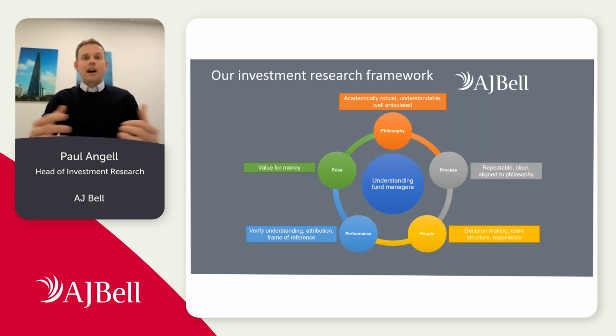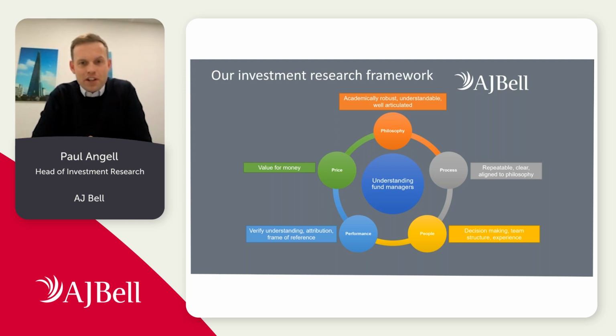So in this next slide, I've listed how we at AJ Bell try to take on the task of choosing which are the fund managers to go for. So we have 5 Ps. It's a relatively common framework of understanding fund managers, and these are philosophy, process, people, performance, and price. So firstly, we think, what is the manager's philosophy? What is the market inefficiency that they believe exists? And then process, how are they attempting to invest to exploit that inefficiency?